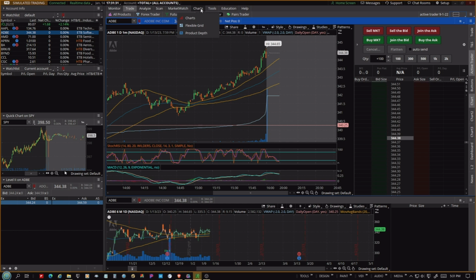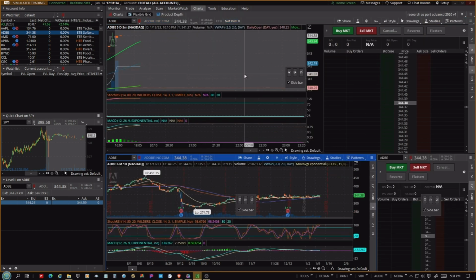Okay, so over here on the charts flexible grid, it's different. Each section you can have your sidebar showing of your tools or whatever, and then you can add sections and subtract sections here. There is no way to do it up in a corner. So that gives you a whole different way, but each feature or each window, you have to link together or not. And then what happens differently though is with charts, the chart